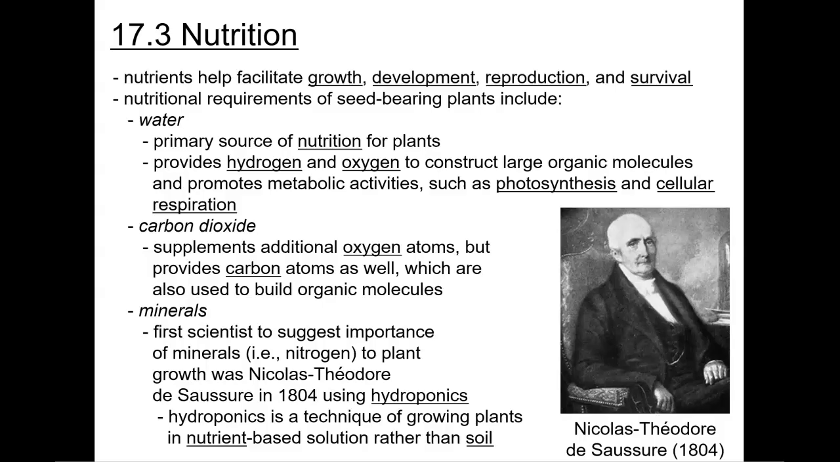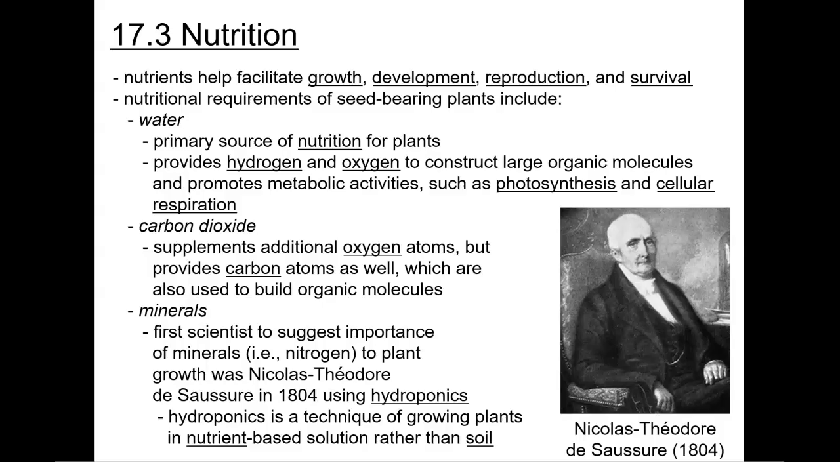Now moving on to nutrition. Nutrition or nutrients is going to help to facilitate growth, development, reproduction, and survival of that plant. Nutritional requirements of seed-bearing plants is going to include things such as water, carbon dioxide, and minerals. Water is going to be the primary source of nutrition for plants. It provides hydrogen and oxygen to construct large organic molecules of glucose and to promote metabolic activities such as photosynthesis